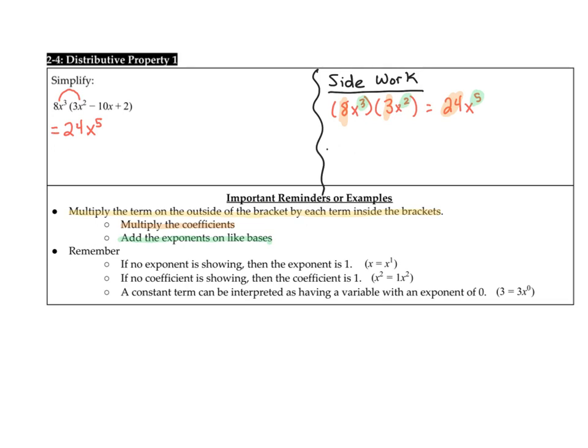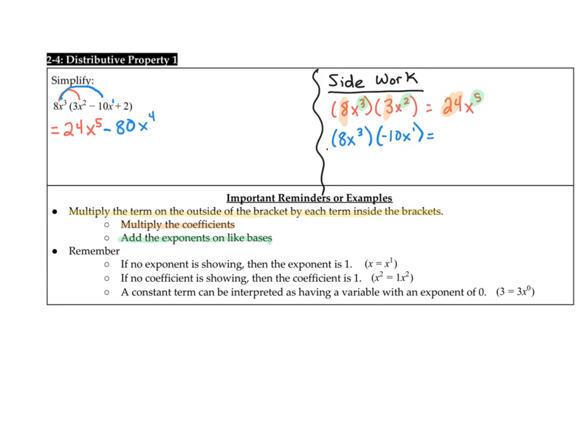The second term comes from taking the 8x cubed and multiplying it by the negative 10x. And what you want to remember is the exponent on that x is a 1. So 8x cubed times negative 10x to the 1 would be negative 80x to the 4. And just to show you where that came from, if you take the term on the outside, which is 8x cubed, and multiply it by the second term, which is negative 10x to the 1,